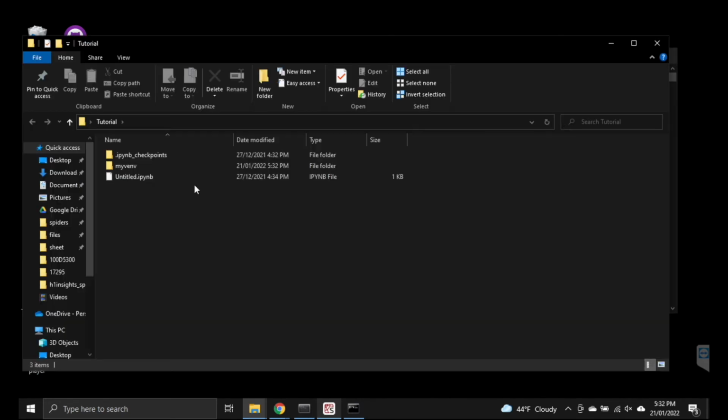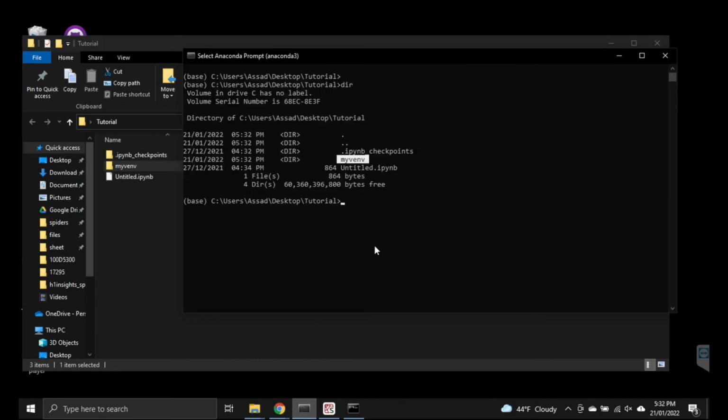Okay, so now since virtual environment is created, let's activate the virtual environment. To do that, type / your virtual environment name, in my case myvenv / scripts / activate, and press enter, and you will see that